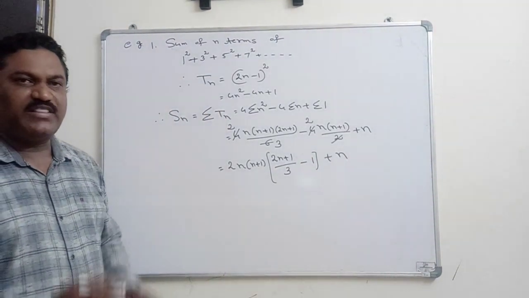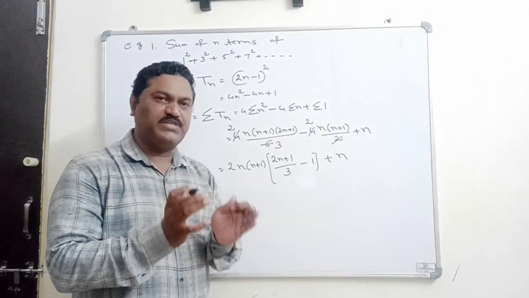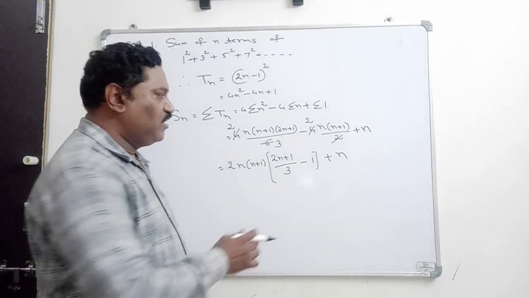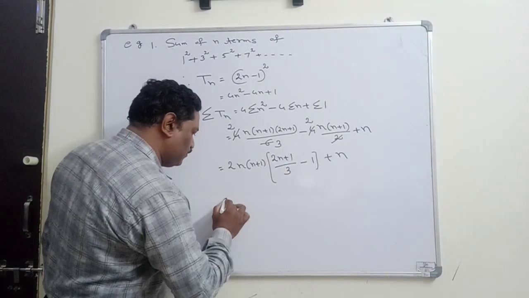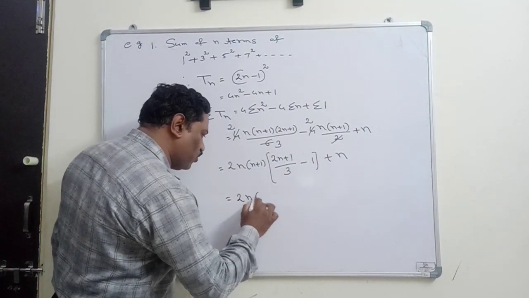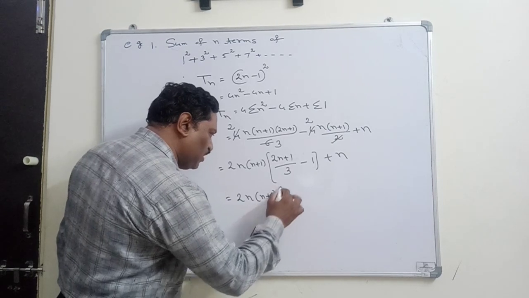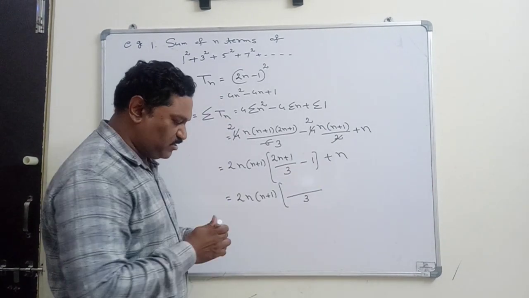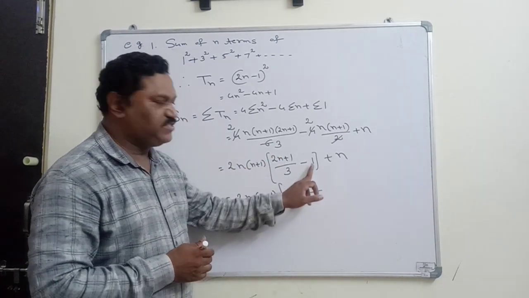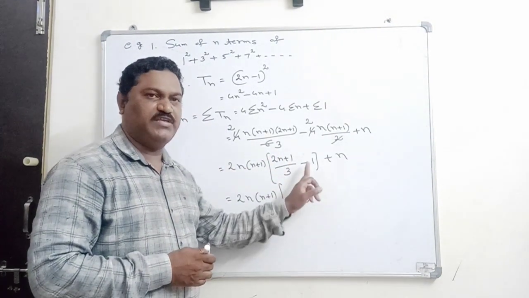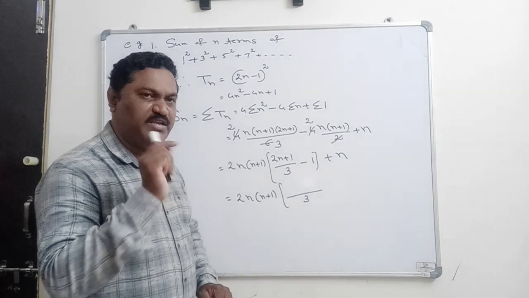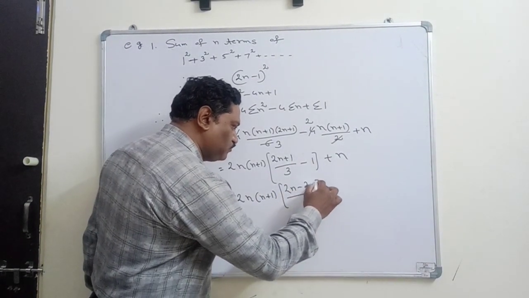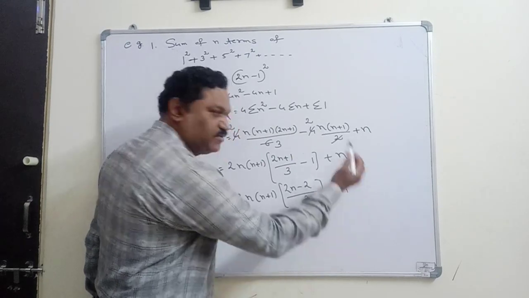Okay. So like that we will simplify it. From the first 2 terms something is going to come common, take that as a common, then write the remaining. Now we will simplify this remaining thing, that is 2 times n into n plus 1 into, here the LCM is 3, then in the numerator we will get 2n plus 1 minus 3, that is 2n minus 2, plus n will be there.